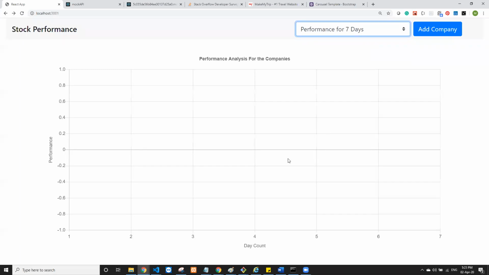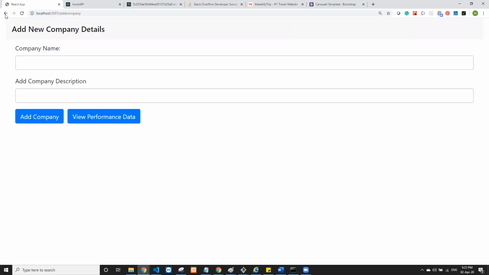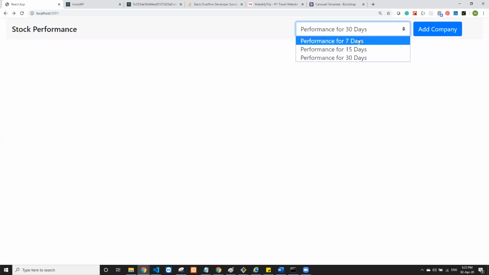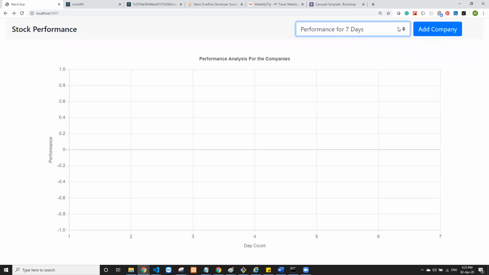So what this particular application would do is the front end part that you can see: this add company page, you can see these graphs that you have, you can see these drop downs. So this is a part of a React application. So we'll be using a React framework to bring in a user interface, the data that you are getting in the background. So what is the performance of a company for the last 7 days?